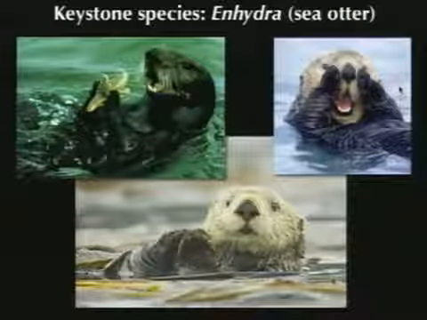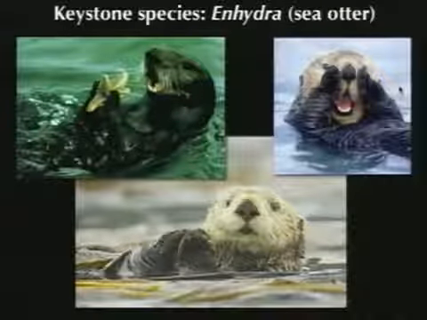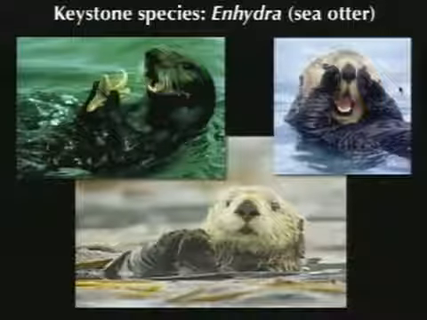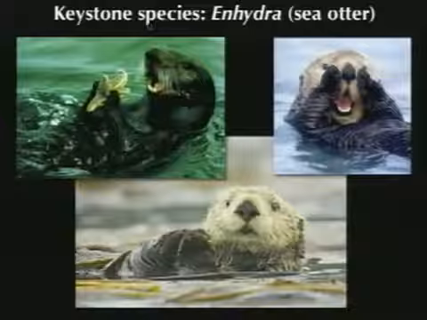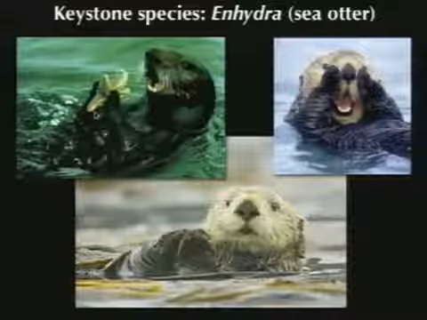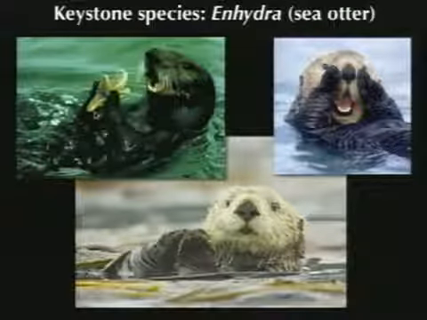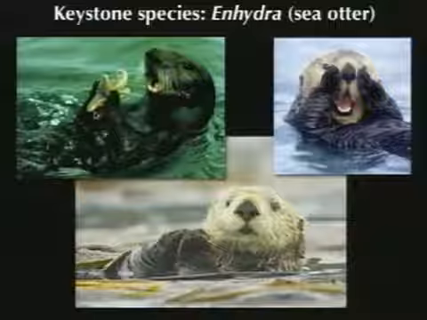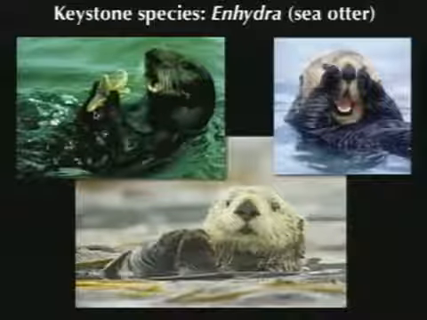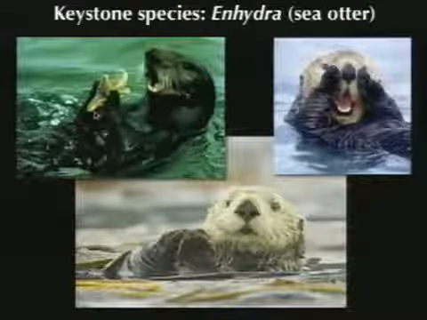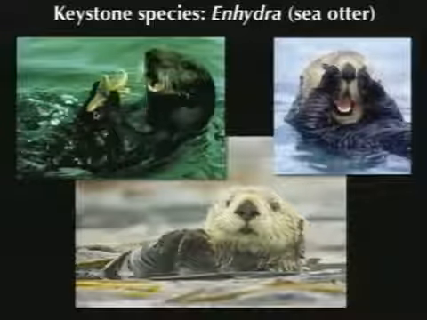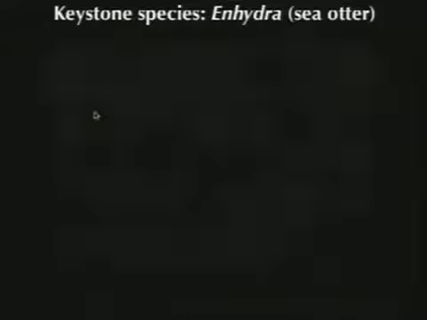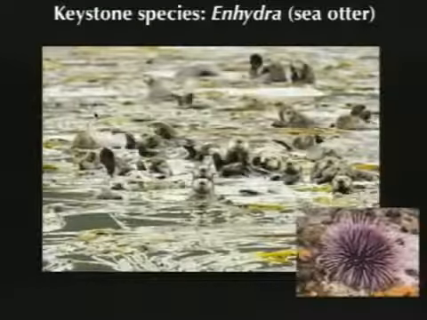Another great example, local, is our very own fluffy sea otter. Sea otters actually eat starfish in some cases. They have very powerful jaws and gigantic teeth, and they like urchins and crabs and bivalve mollusks, clams, and they don't eat much fish at all. They are another keystone species. I won't spend much time on this.